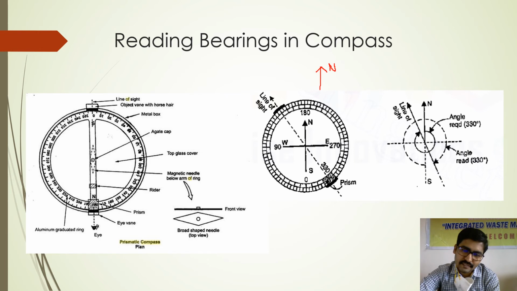So earlier when the line of sight was here, it was reading 0, right? And when the line of sight is here now, look at this. That means the line of sight is in this direction, in the sense that the line is from this point toward this. You can assume that this itself is a line AB, isn't it? There is a line on the ground as AB, right?